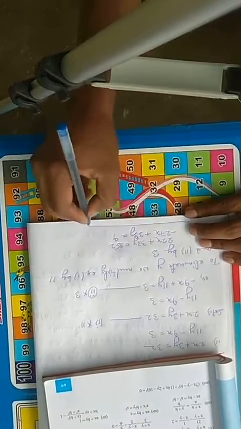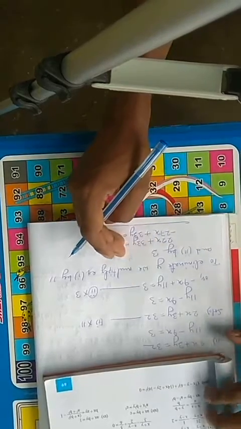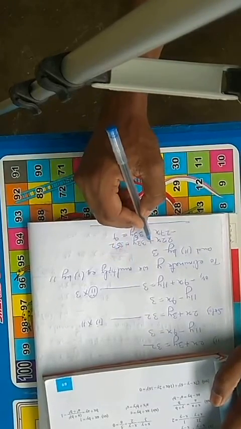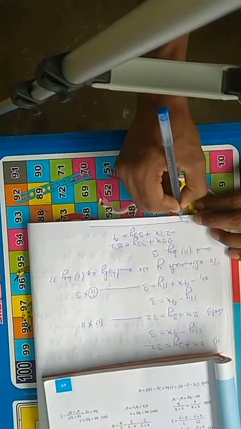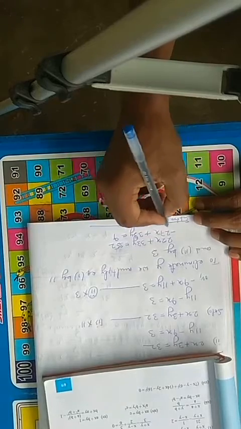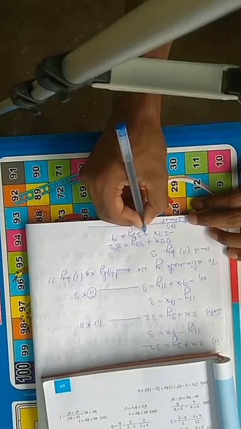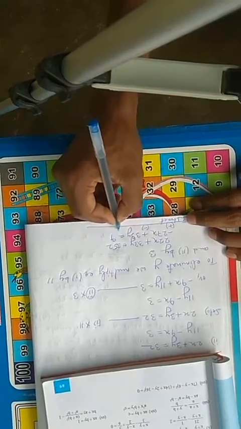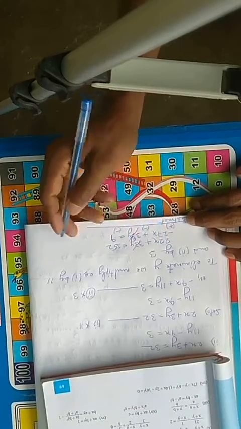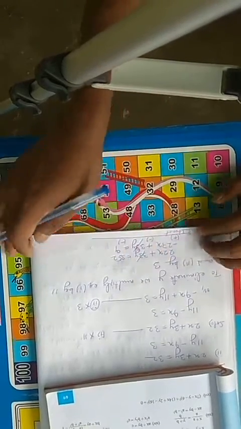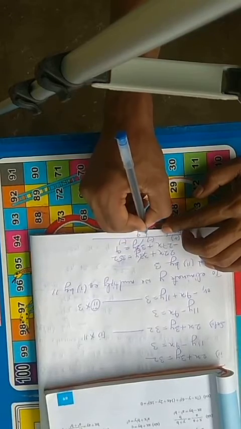Look at that, there is the same sign. In question number 1 there were different signs, and here there is the same sign. If there is the same sign, then we have to subtract, and when we subtract the signs will change. Minus becomes plus, plus becomes minus, and plus and minus cancel. Then 27 plus 22 is 49.